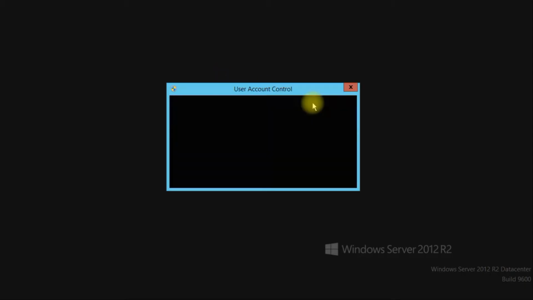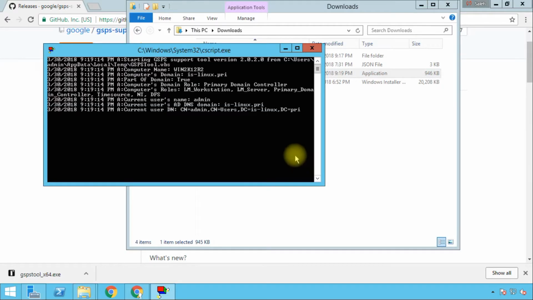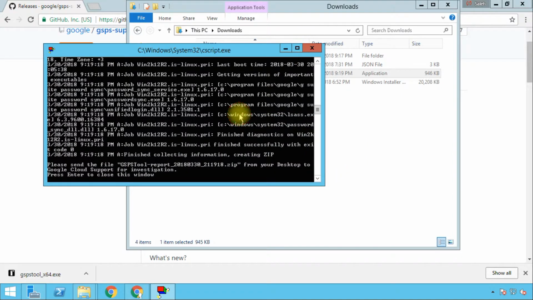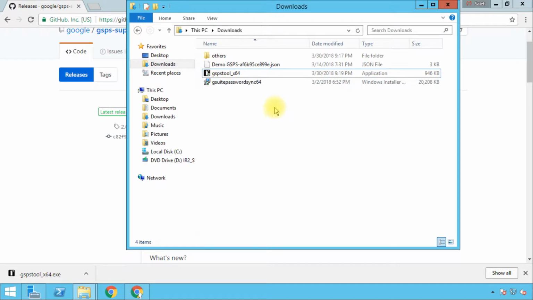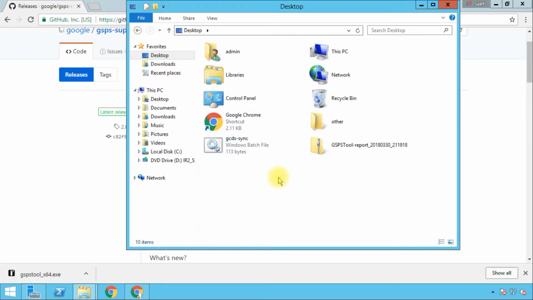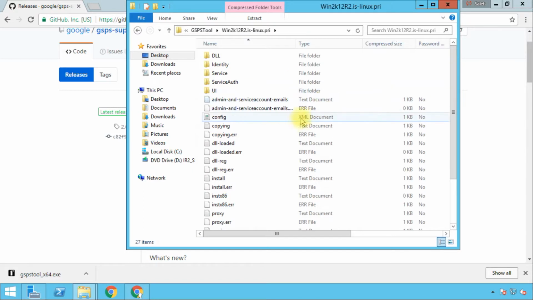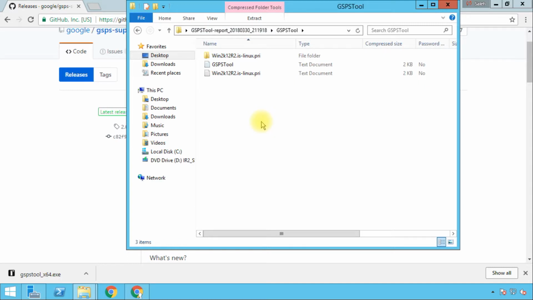So just double click on it and it should create the logs for me, and that's it. So it created a zip file for us, I think on the desktop, and let's see the content of this zip file. Basically, I think it collected some logs and some files, some DLL files and all of these, and it's basically going to collect these files and logs from all of the Active Directory domain controllers that you have, because